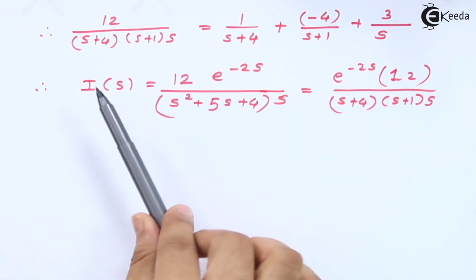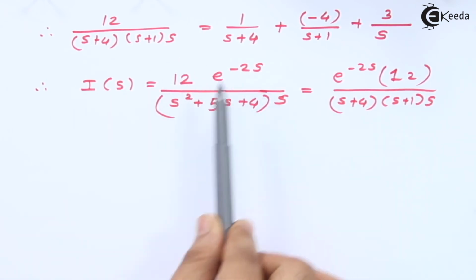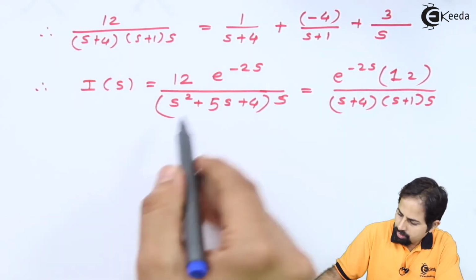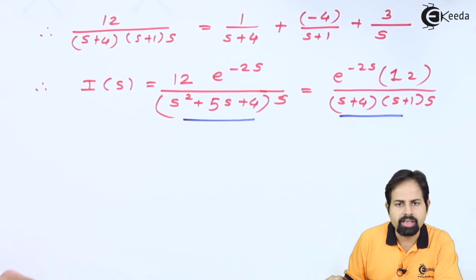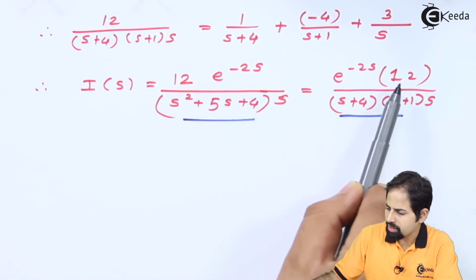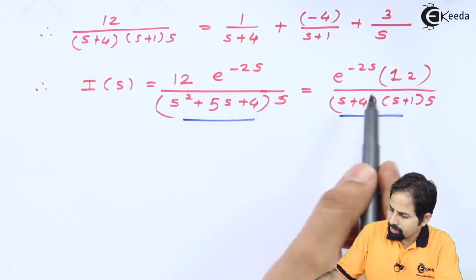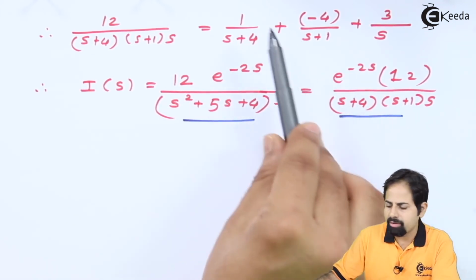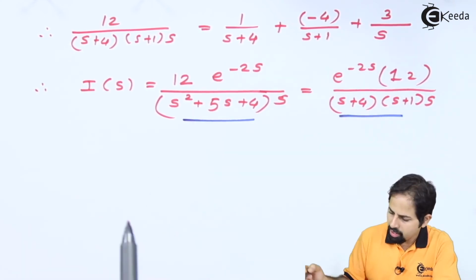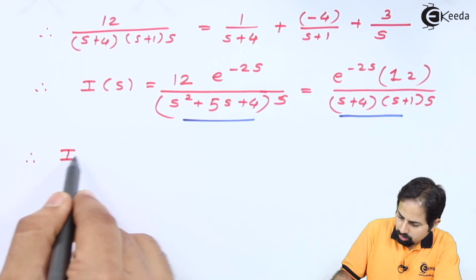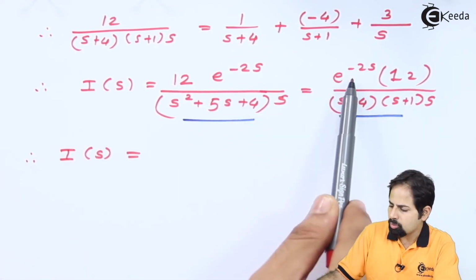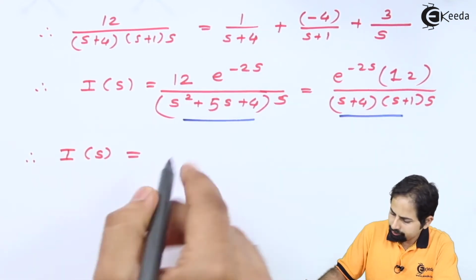So here you can see this was our I of s, which is 12 e raised to minus 2s divided by this term, which was factorized. This term was factorized like this initially, and this s is as it is, this 12 also is as it is, and so now this term on the right hand side, which is 1 upon s plus 4 minus 4 upon s plus 1 plus 3 divided by s. So we'll write now I of s, we'll multiply this e raised to minus 2s to all these factors,